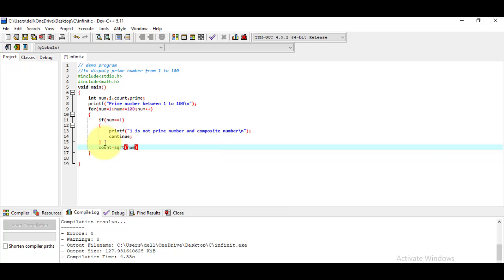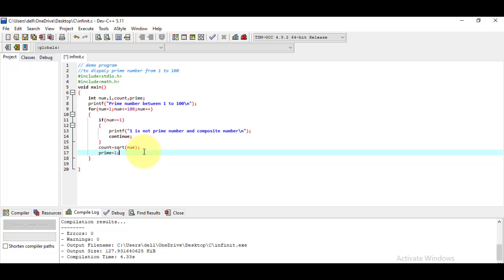The square root function will calculate the square root of whatever number is there: first it will calculate for 1, then 2, and so on. It will assign that value to count. Here we have used the square root function, and that's why we have included the header file math.h. And using this I set the prime value equal to 1.